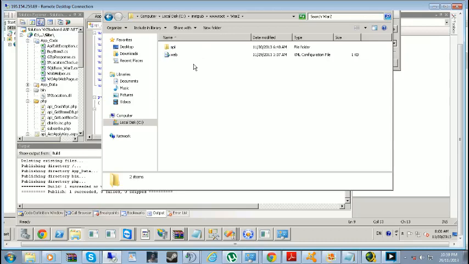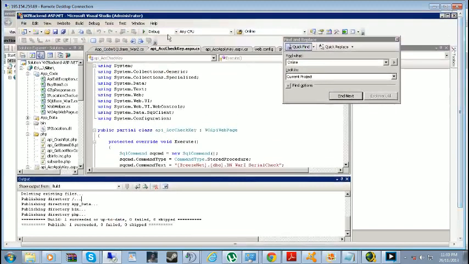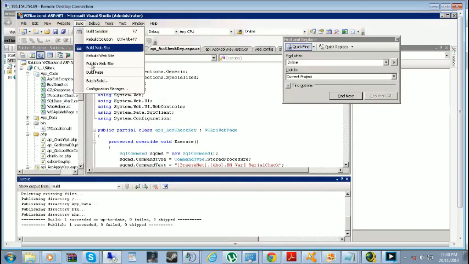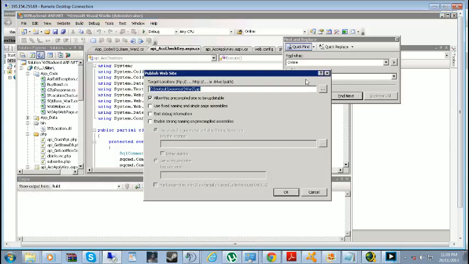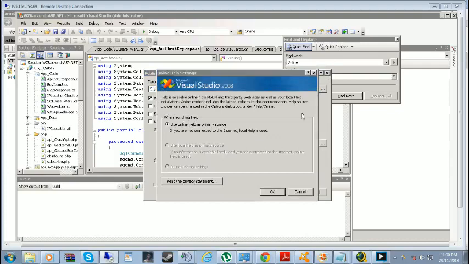And yeah. So now what you want to do is go back into your IIS manager, and as soon as you publish this into here, I'll show you guys how to publish this. You go build, you go publish website, and you select your API folder. And why did I press help? It won't even come up anyway, so just sit there for a couple minutes. So now what you want to do is